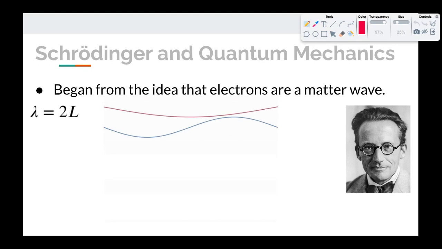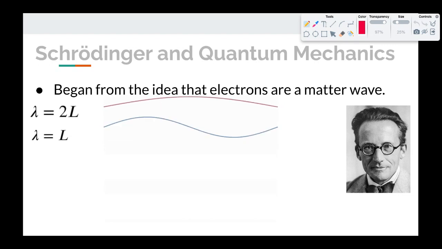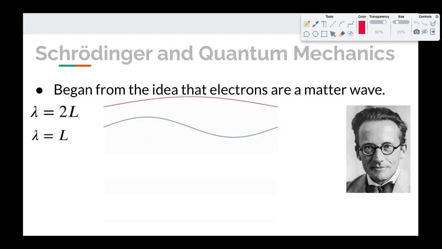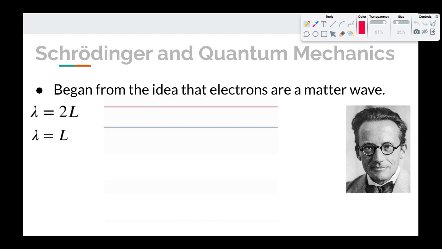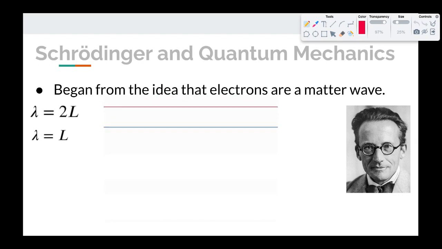Another mode of vibration that you could have is where one wavelength just fits into the length of the string. So the ends are fixed. You notice that they're not drifting up and down like if you had a piano wire or a guitar string, they would be fixed on both ends. But it could vibrate in this way in which one wavelength is the length of the string.